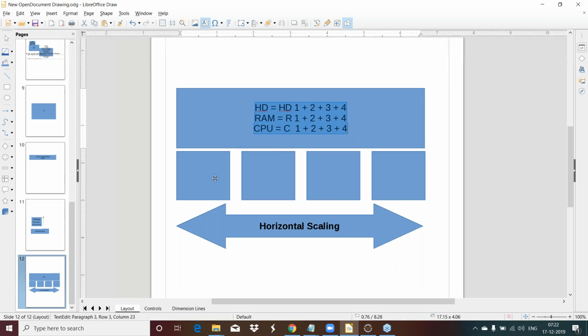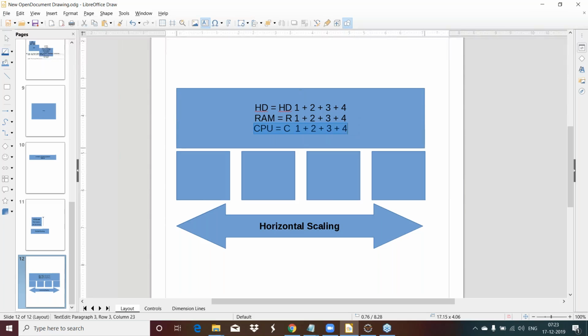If you talk about the physical machine, this is a physical machine, this is a physical machine, this is a physical machine, this is a physical machine. All these individual machines can process 20 GB of data. This box is not a physical machine, it is just a representation of the four physical machines underneath.